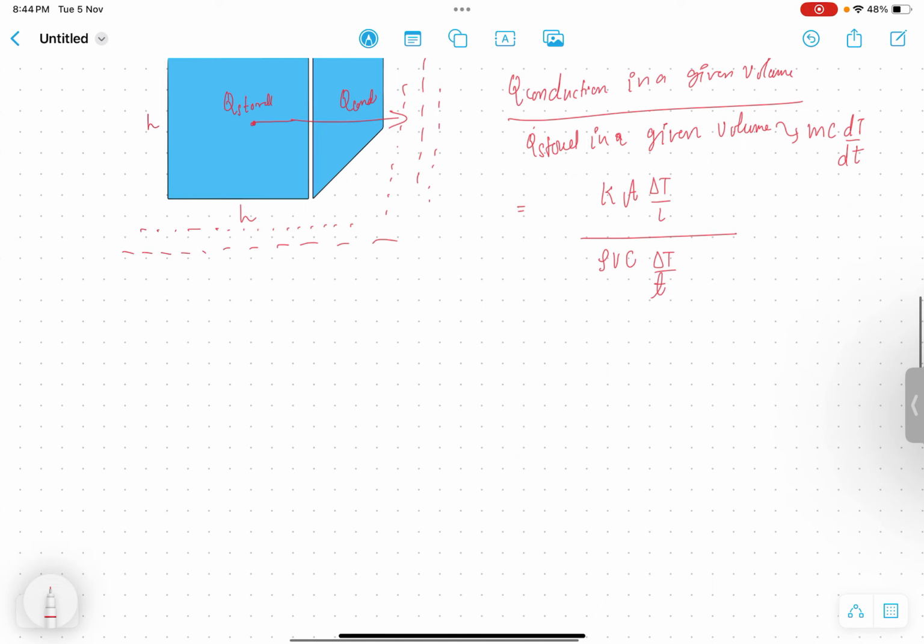So if we write A as L square and volume of the body as L cube,